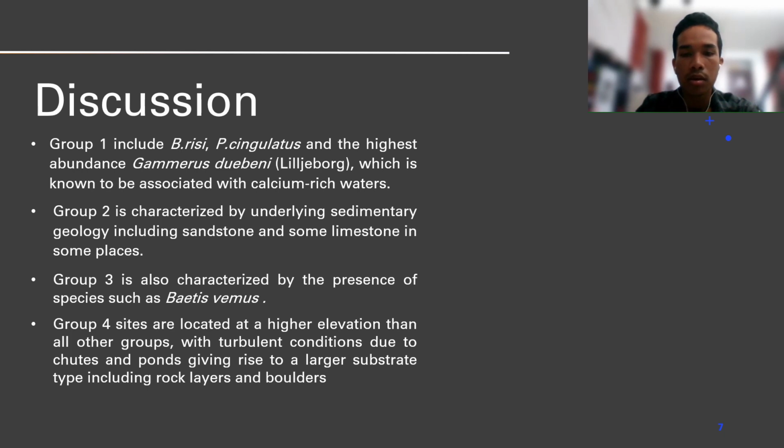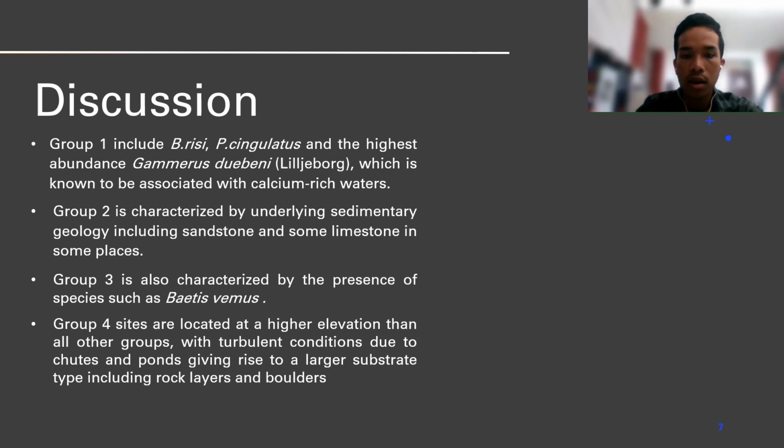Group 3 is also characterized by the presence of species such as Baetis gemellus. This species is widespread in upland rivers surrounded by peat soil. It avoids sandy substrates and feeds by grazing on rocks. The greater substrate dominance at Group 3 sites highlights their suitability as habitat for B. gemellus. Other mayfly species such as Ecdyonurus spp. and Serratella ignita were absent or reduced to a single record in Group 2.